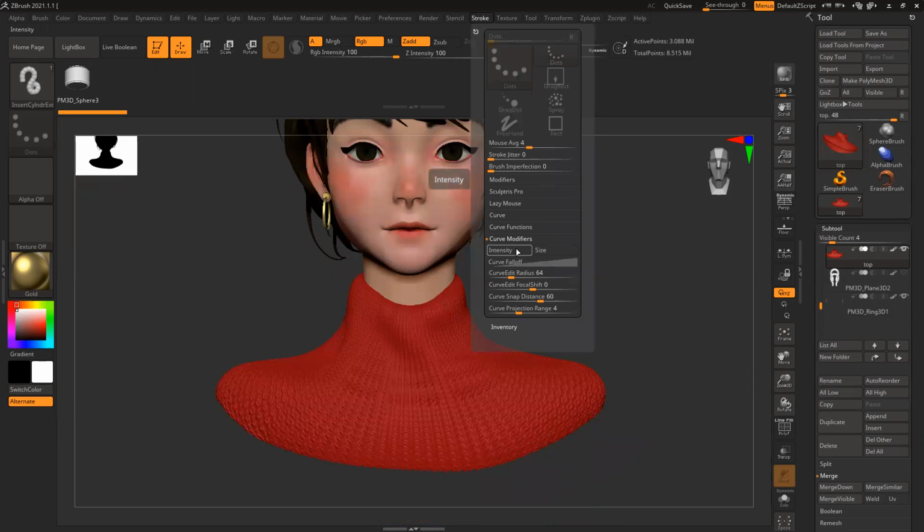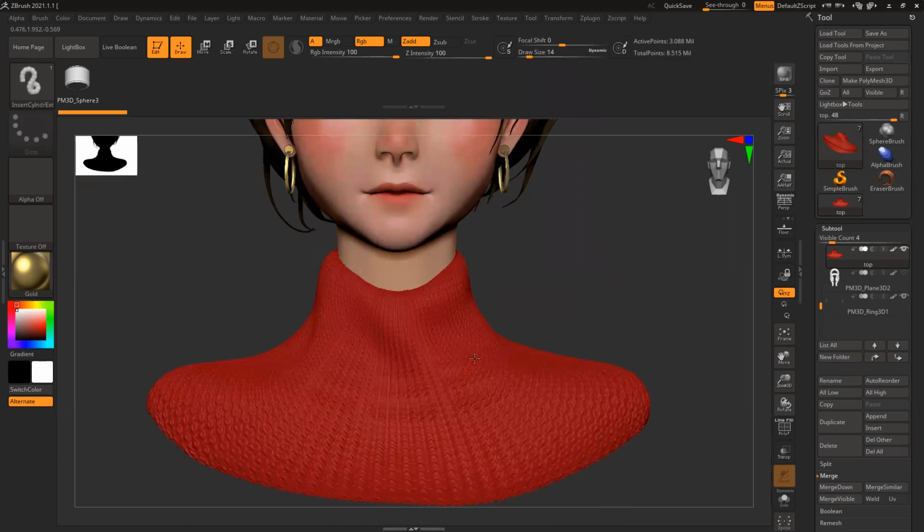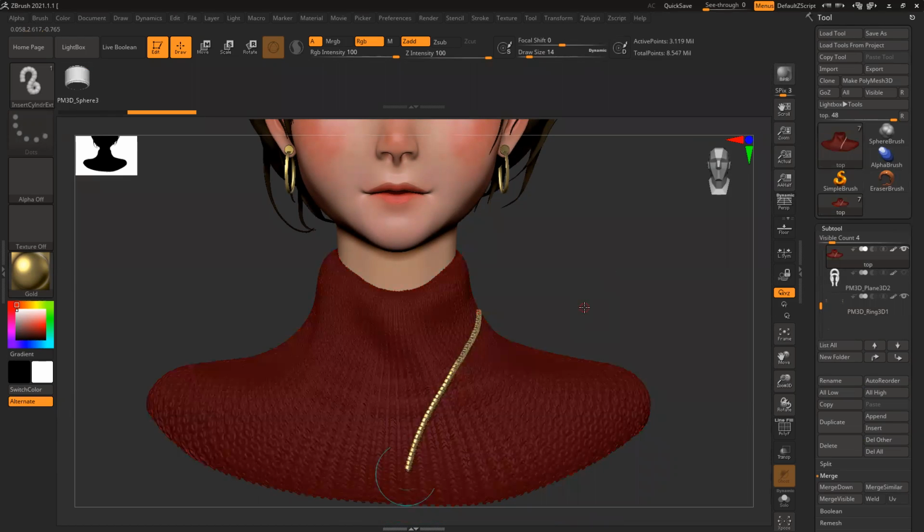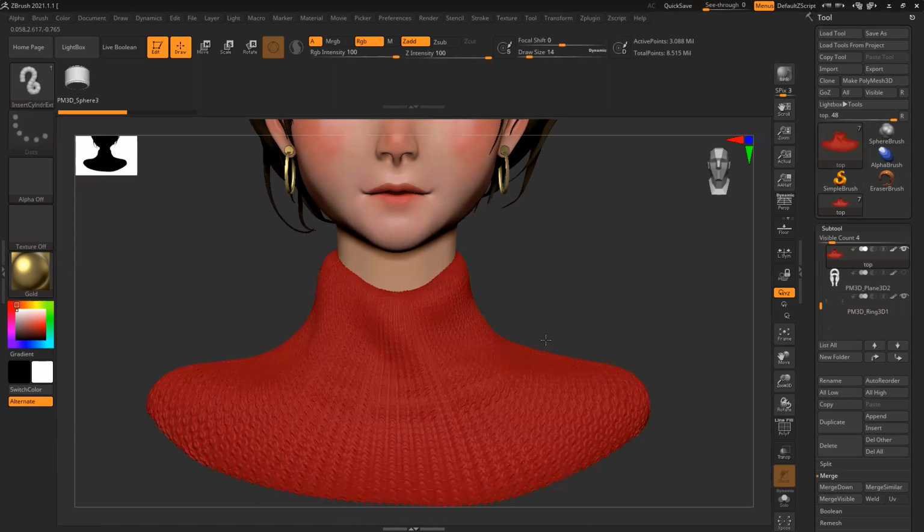Stroke and everything is on. Curve mode is on, correct. Oh, no, doesn't look nice.